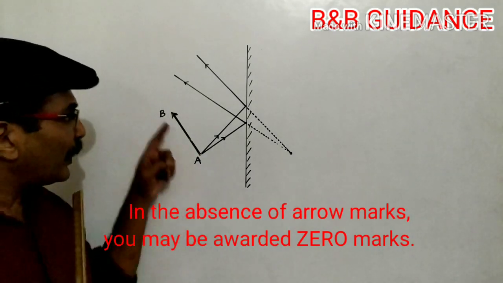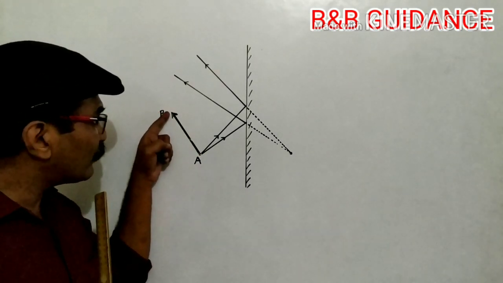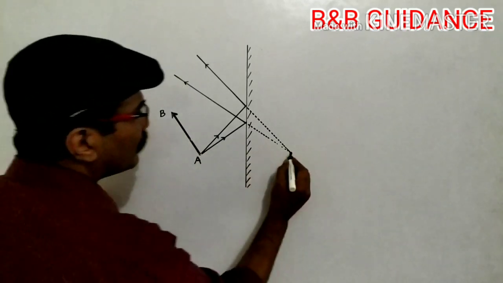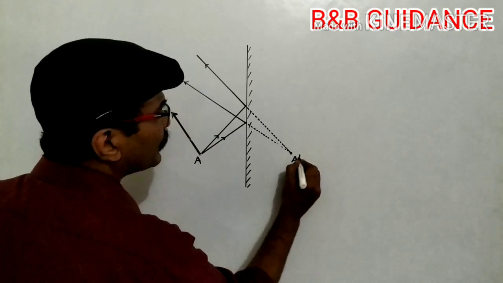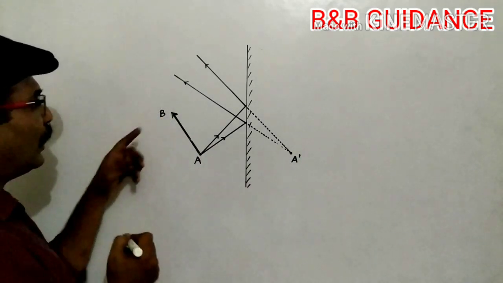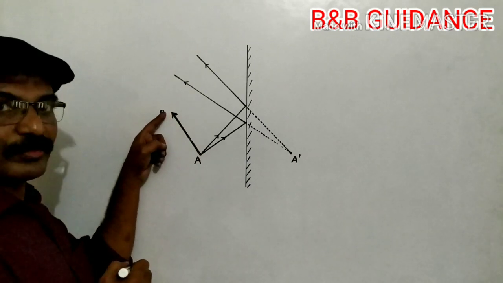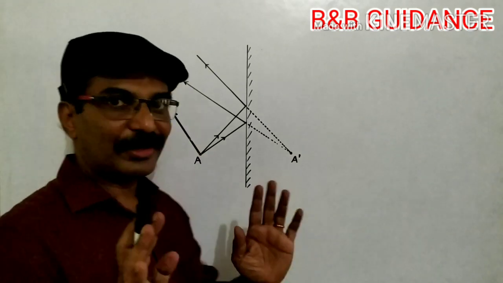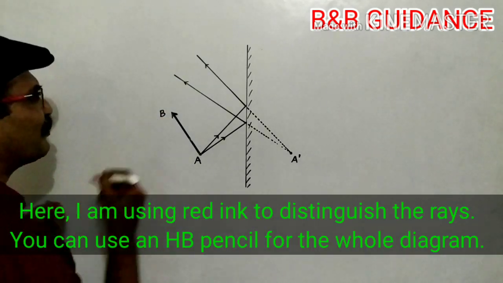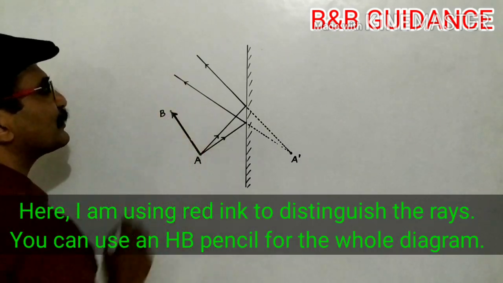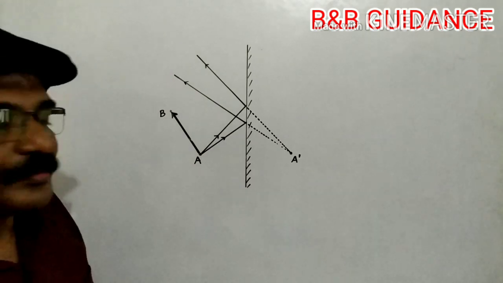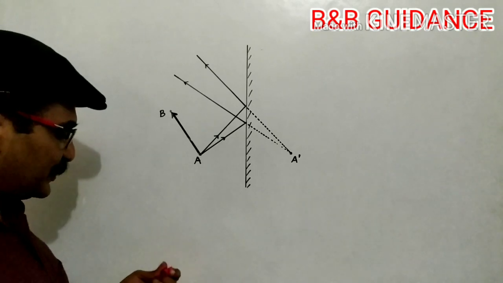Right. Now I have to take 2 rays from here also, from B. Okay. So this point, let me mark it as A dash. A dash is the image of the point A. Now I have to take 2 rays from B also. Only for understanding purposes I am changing the color. Okay. I am using red color here. Suppose this B is this point, red in color. So I will take two rays from that point.